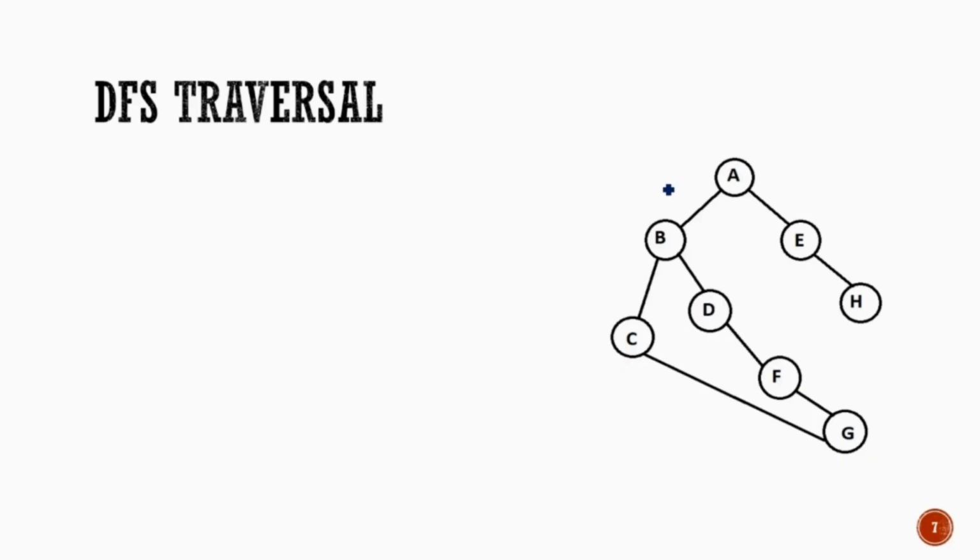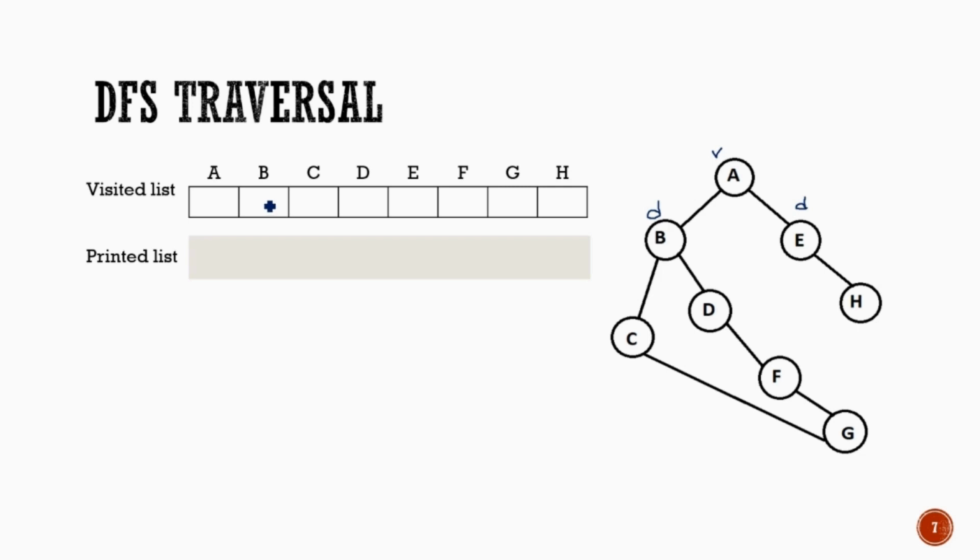So when we arrive at a vertex, we perform two operations repeatedly. Firstly, after printing the content, we mark the vertex as visited. Secondly, we discover the adjacent nodes. So for these tasks, we need two data structures. To keep track of the visited vertices, we need an array-like data structure. We will call it the visited list.